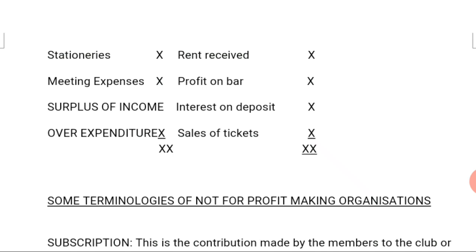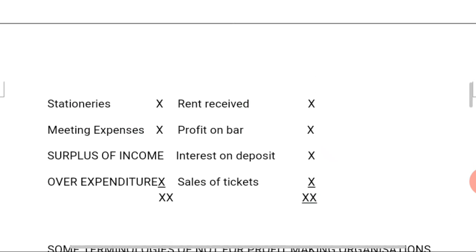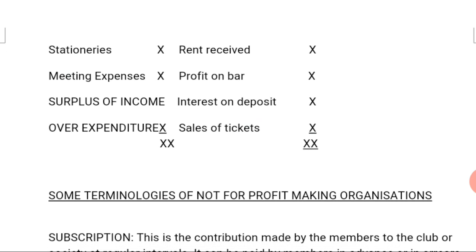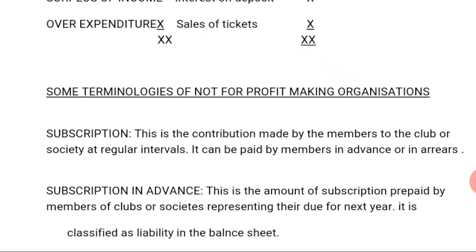We are going to have a deficit, that is, excess of expenditure over income. That's the format for preparing income and expenditure accounts. We need to look at some items, some terminologies that are associated with not-for-profit making organizations. These terminologies include